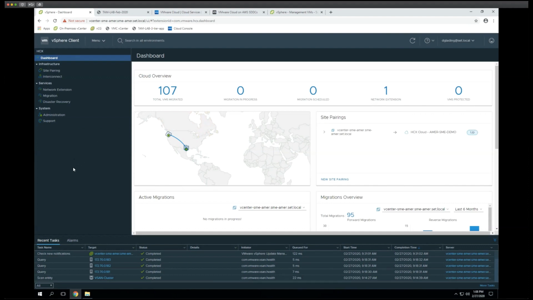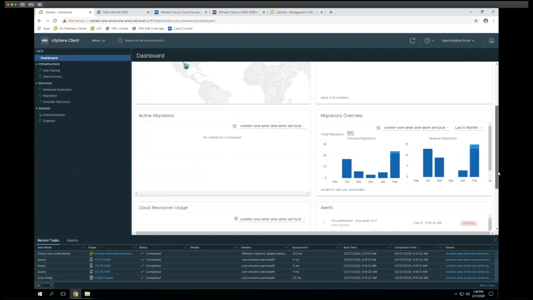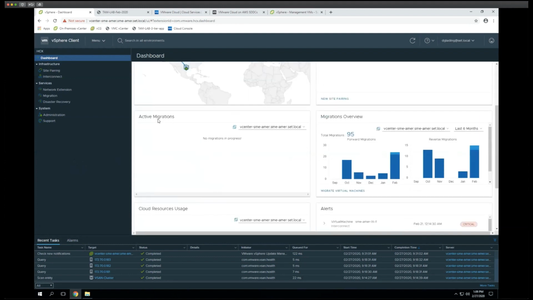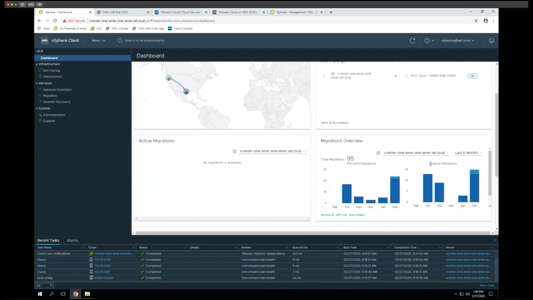You can see in this particular lab environment, in total, we've had 107 virtual machines migrated. You get a representation over here. Here's my on-premises environment in Austin, and up here is my SDDC in the US West 2 region in Oregon. If we scroll down, I can see the site pairings here. There are no current active migrations, so we'll change that in a moment. In total, we've had 95 forward migrations, and this is the reverse migrations as well. This is where, as part of testing migrated VMs to VMC, we might test reverse